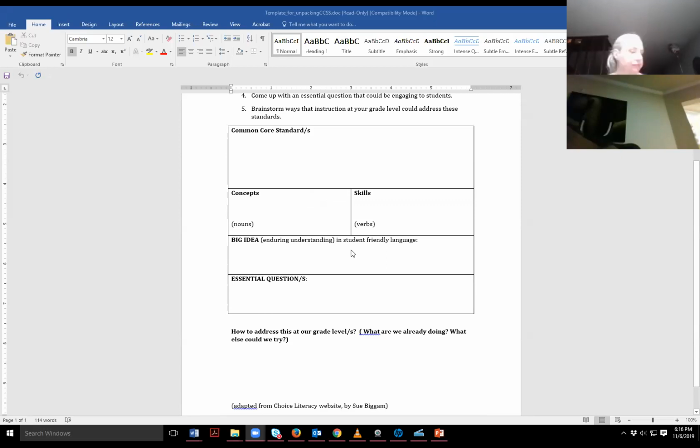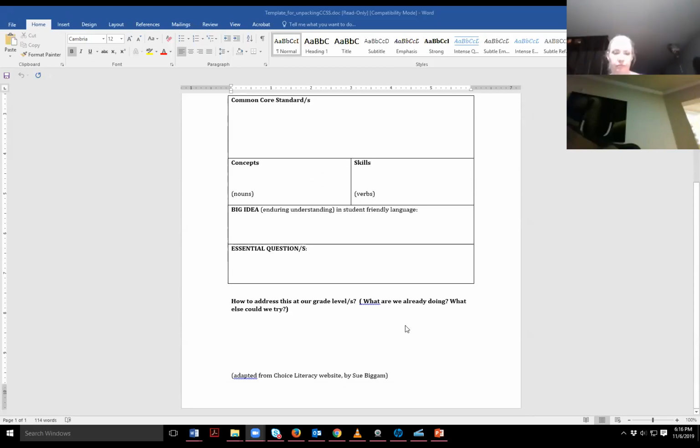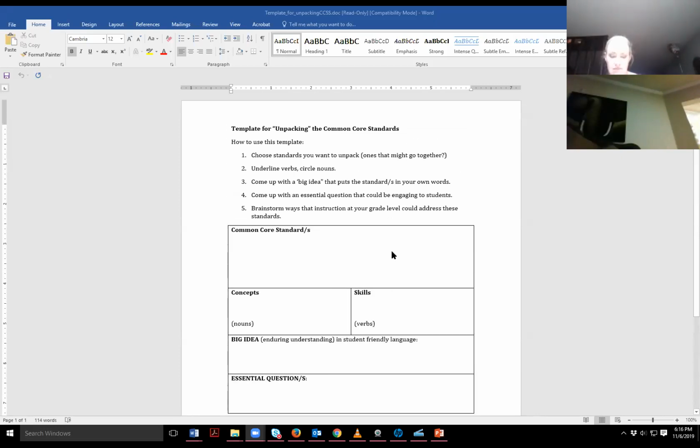A lot of schools do the big idea, essential questions, and things like that. I personally like this one better because I do believe that I have to really know what my concepts are. I have to know what the big idea is. So what is it that I want students to know long term? And then what is the essential question? So, maybe it's something like, why do I need to know about ratios and proportion? Why is that important in life? That may be your essential question, okay?